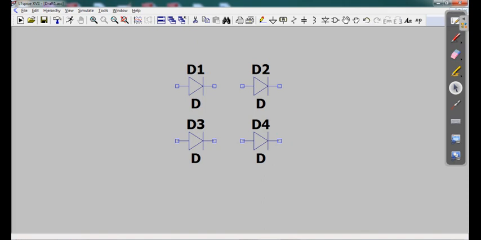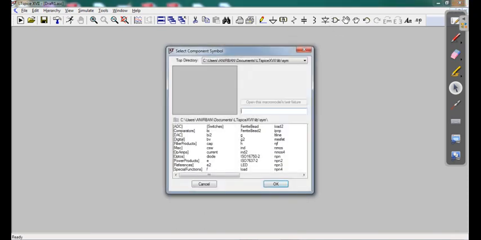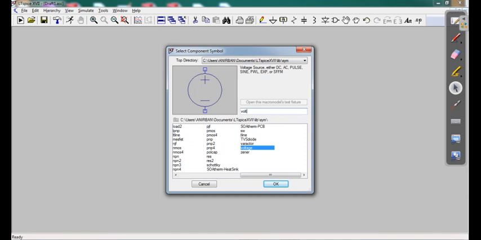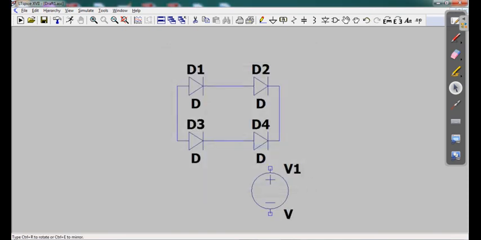Okay, now what you have to do is connect all these diodes with the help of wire. Click on wire and connect all these diodes. Okay, press Escape. Now you add one voltage source. Go to component and write voltage here. You see that voltage already came, so click on it and you will get the voltage source.